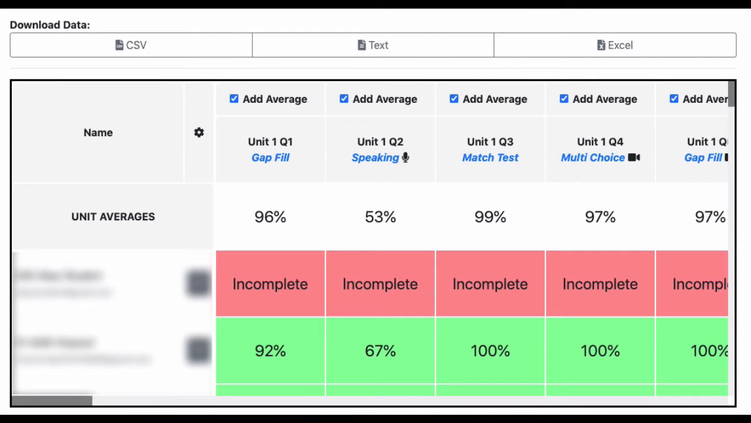Hi, in this video I'm going to demonstrate the data download feature and also explain how to calculate averages for both the unit and the student. So here we have the progress data table for one of the classes on Abax LMS,